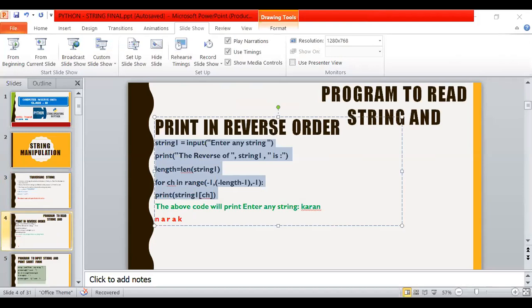So here you have to make a space for formatting. Now, any string you can write. I am writing your name. So it will be printed in reverse order. So what is the use of